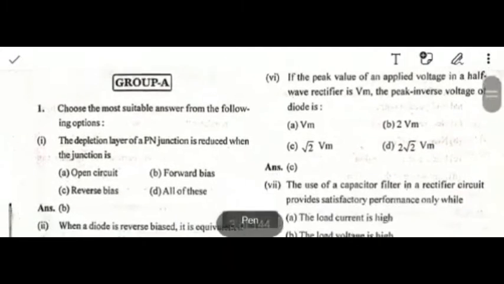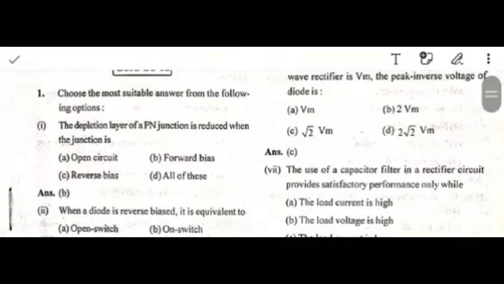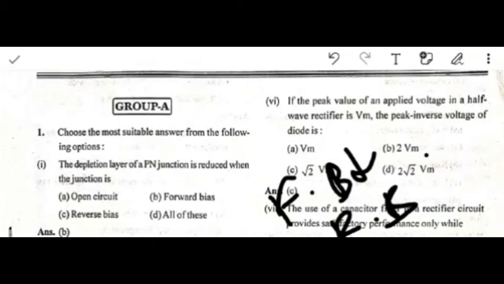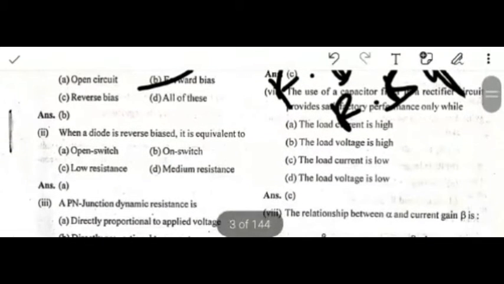Our first question is: the depletion layer of a PN junction is reduced when the junction is. You should remember that the depletion layer of a PN junction is reduced in forward bias, and in reverse bias it is increased. So here the answer will be forward bias, because the question says reduced. In the second question, when a diode is reverse biased, it is equivalent to